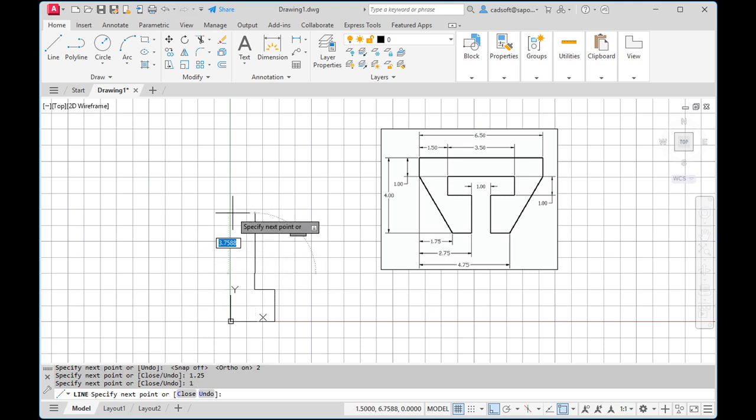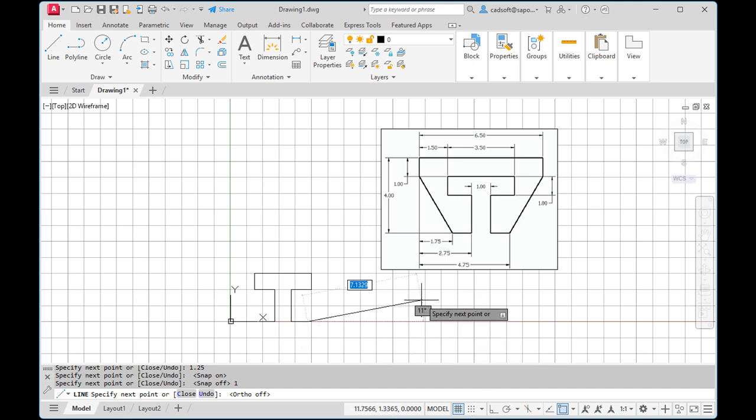1 up, 3.5, 1 down, 125, snap mode off now, 1, ortho off now,